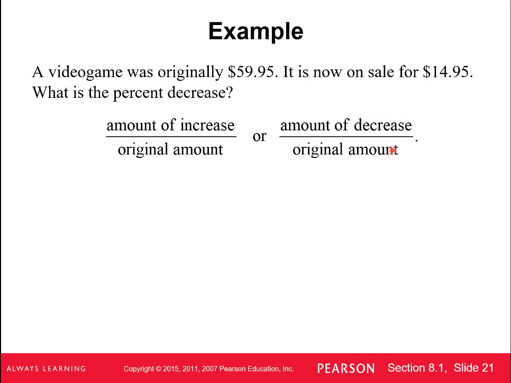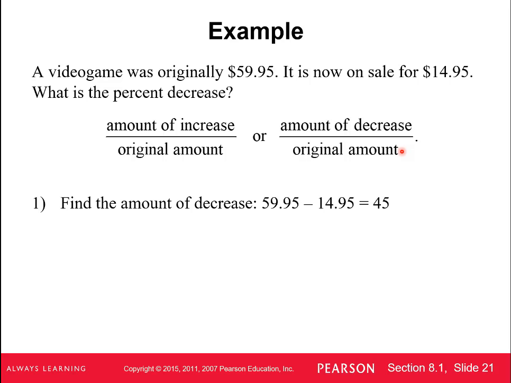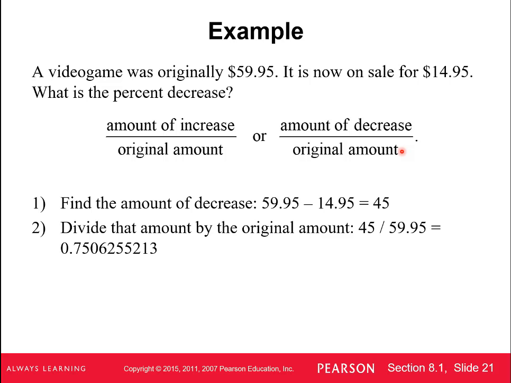Now, decrease. A video game was originally $59.95. It's now on sale for $14.95. What is the percent decrease? So we're going to do the amount of decrease divided by the original amount. First we find the amount of decrease, that's $59.95 minus $14.95, which gives us $45. We divide that number by the original amount. 45 divided by $59.95 is, in the calculator,